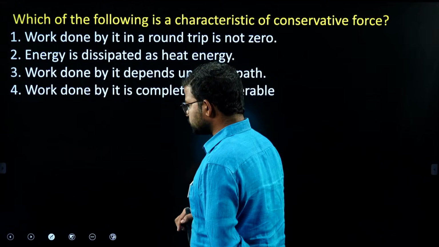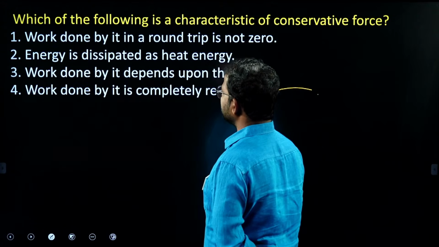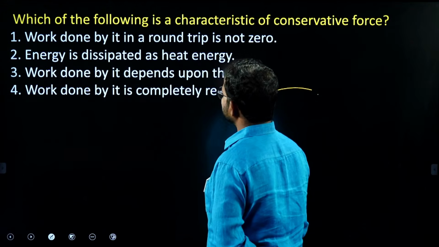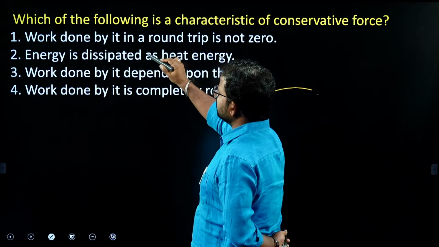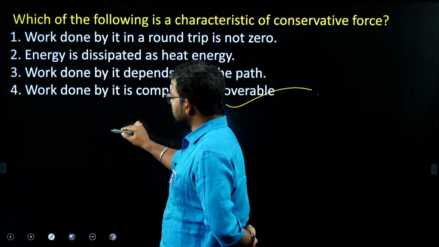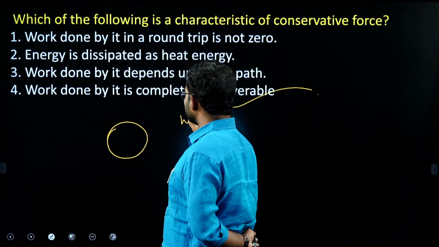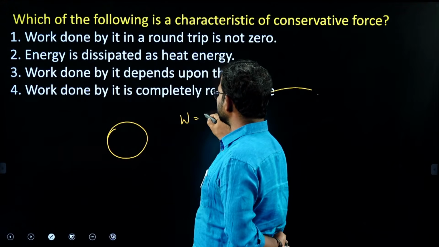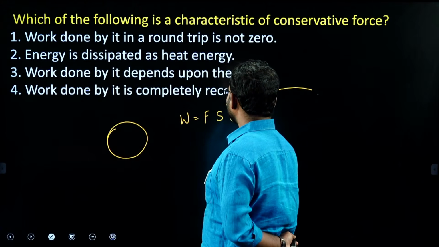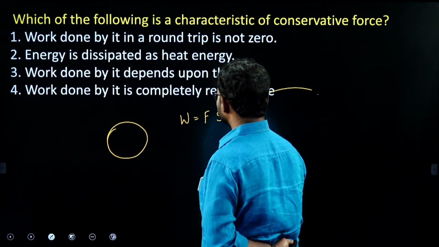Yes, what is the correct option here? Of course, option D. Work done by it is completely recoverable. Okay, so recoverable. So what about the first one? Work done by it in a round trip is not zero. Not zero. This is the round trip. So you already know that work done W is equal to force into displacement into cos theta. Okay, so cos theta. Here the angle is